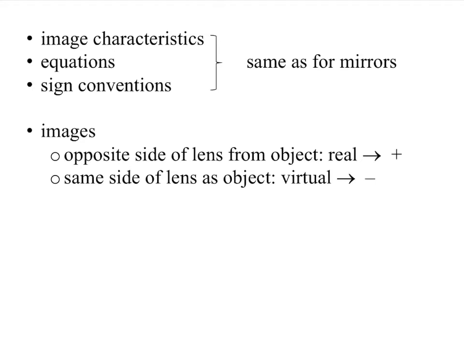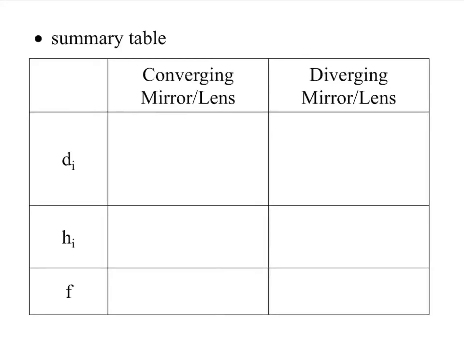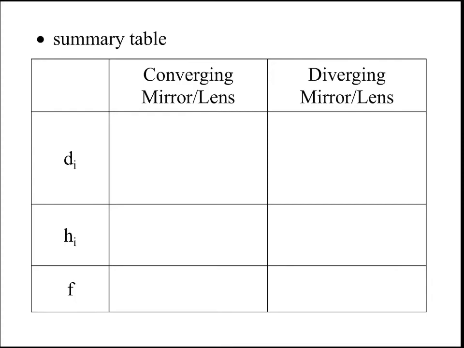So again, image characteristics, we describe them the same as mirrors. The equations are the same for mirrors. The sign conventions are the same for mirrors. Yay. Okay. So let's just take all that information onto this one. But as far as images go, if the image shows up on the opposite side of the lens from the object, then it's a real image. And then if it's on the same side of that lens, it's going to be virtual. All right, so let's just summarize everything that we've learned about converging mirrors and lenses and diverging mirrors and lenses,